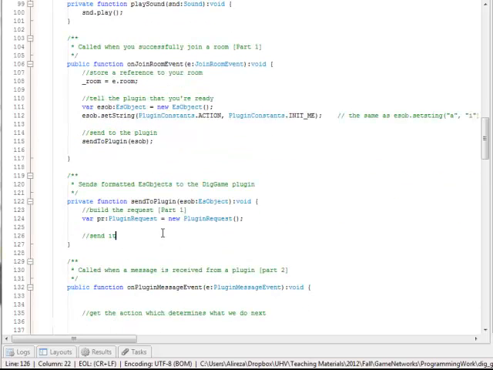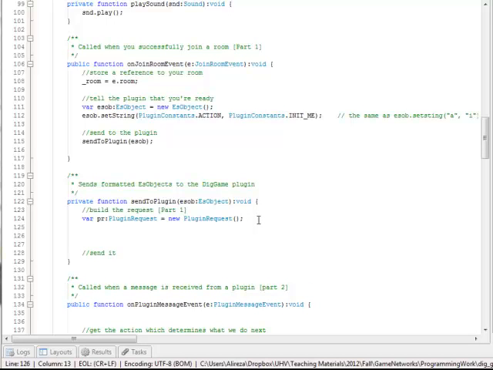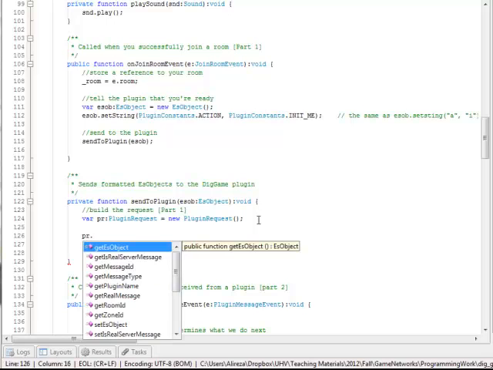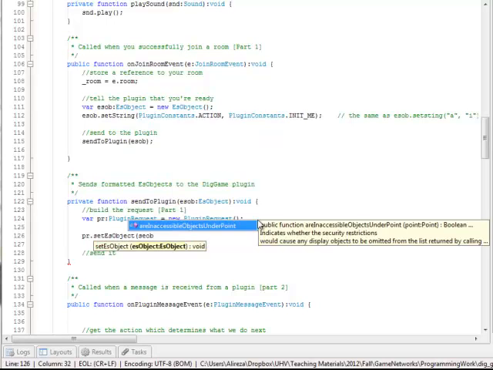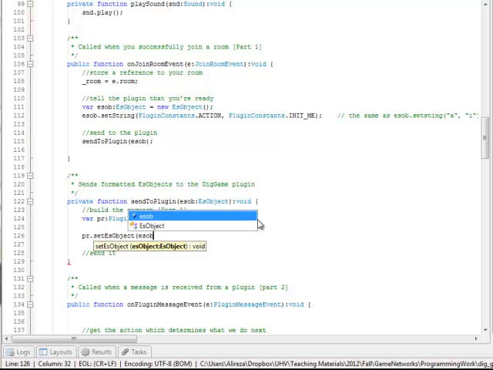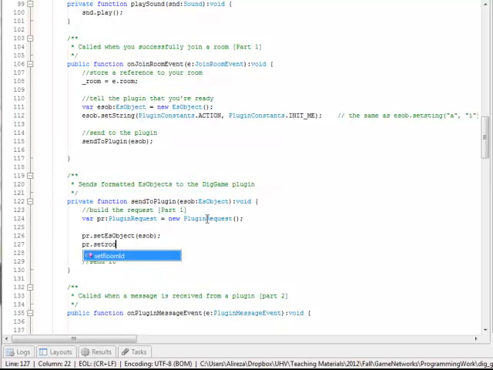that I just created. Now in the send to plugin, what I will do is go ahead and create a plugin request, which I already have here, and then I populate my plugin request. So my pr.setESObject is going to be my esob. Actually, it's going to be esob. Yes, I called it esob as well. So the ES object goes in, and then set room